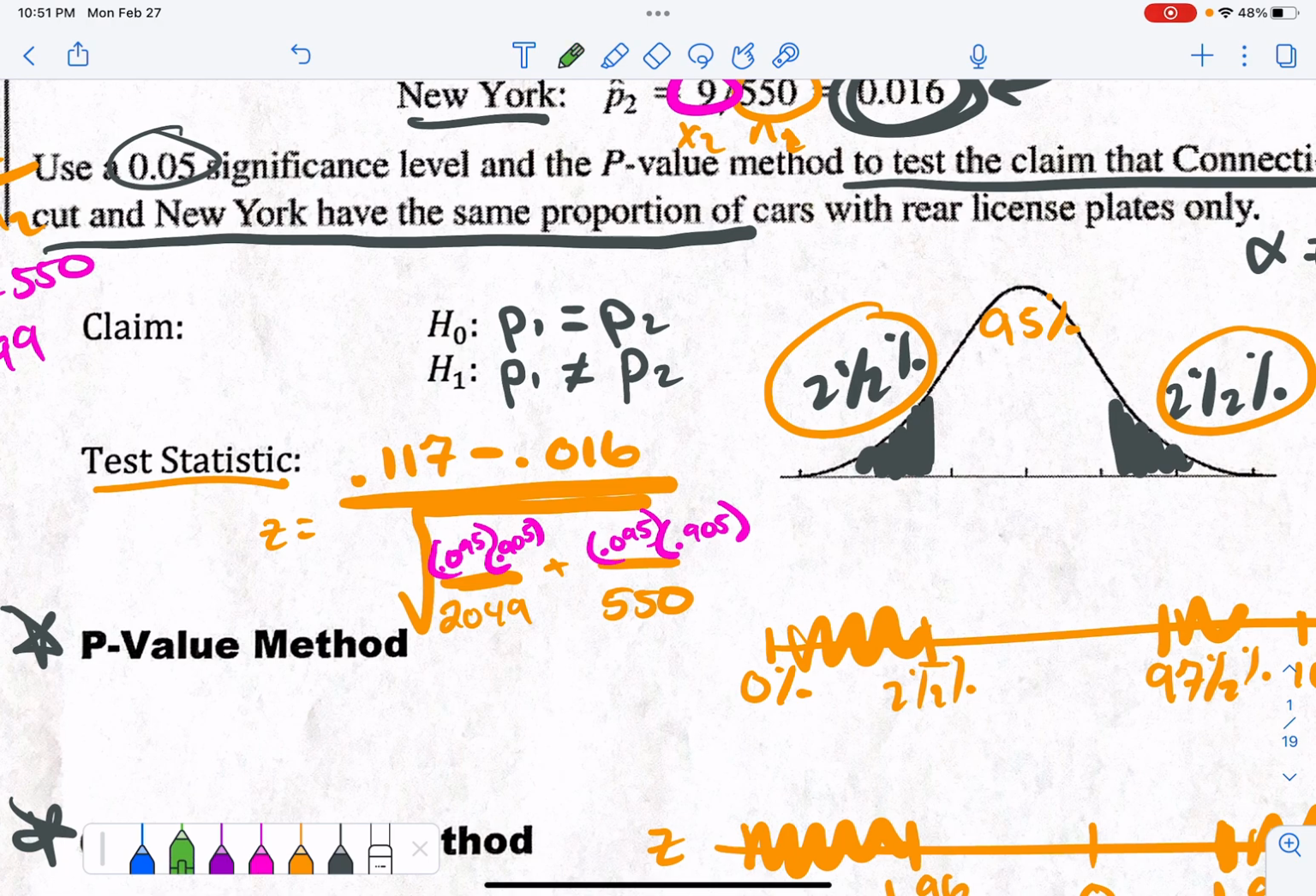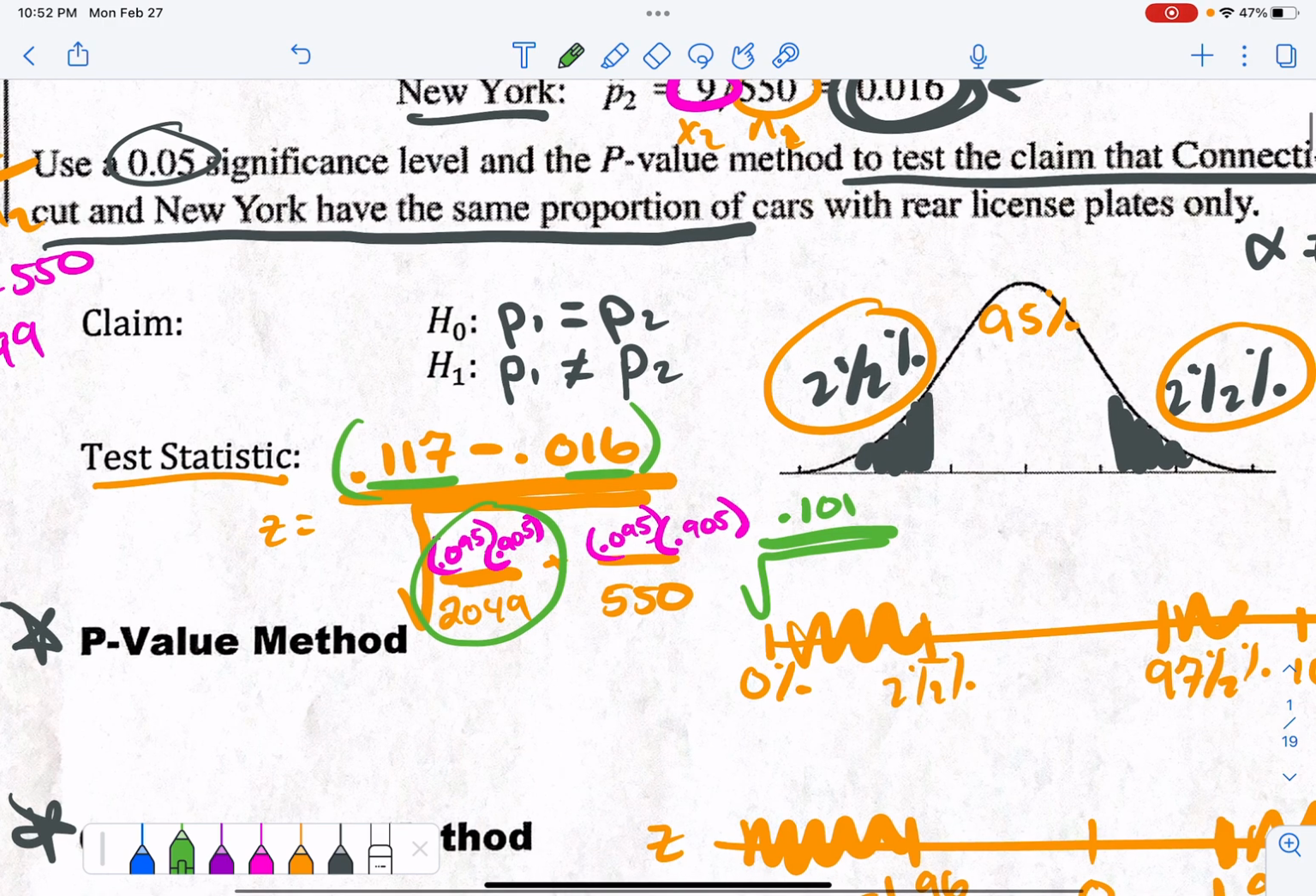I'm going to do pieces. This top piece is going to be 0.101. That's that top number, if I subtract those two. Then I have the square root of, I'm going to do this chunk right here, and that is 0.095 times 0.905 divided by 2049, which is 0.00042, let's say, plus